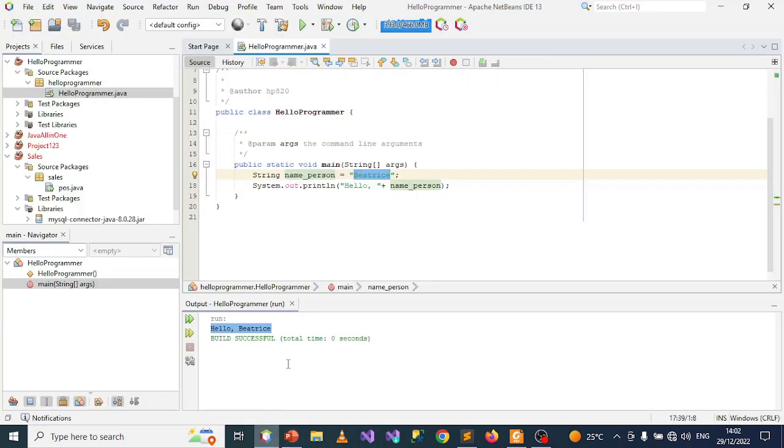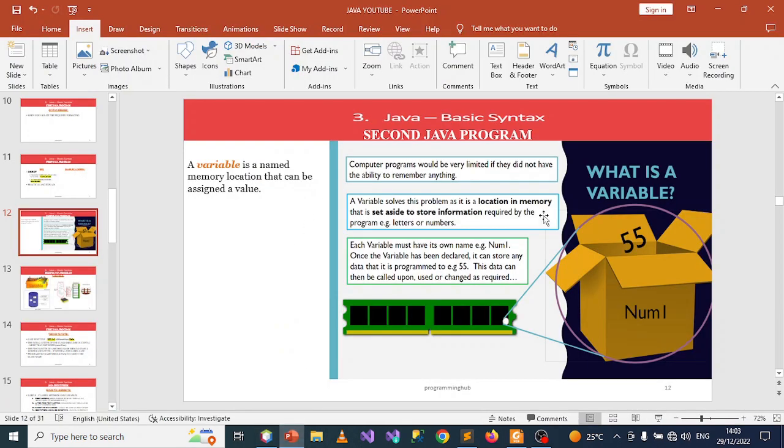Whenever we want to use a string and change the character sequence, we can say this is maybe Matthew, and our program will not complain. So that is the simple way of explaining what a variable is, but this is also a very vital and fundamental topic when it comes to programming